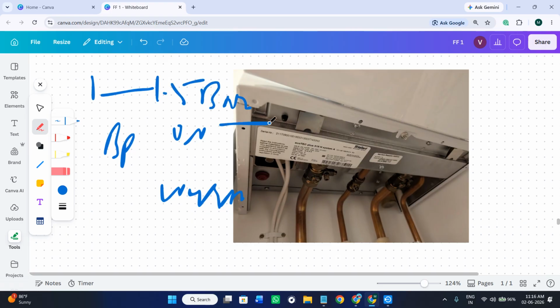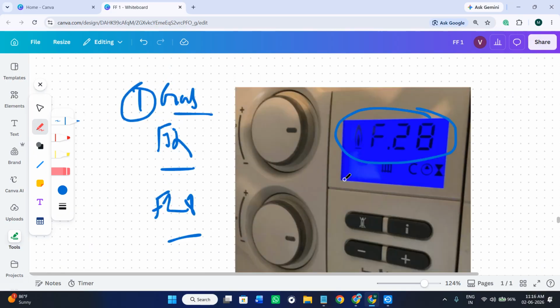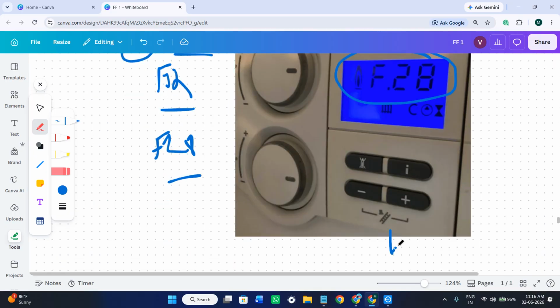So once you have checked these basics, you just have to simply press and hold the reset button. The reset button will be located underneath this particular icon. So you need to simply press and hold the reset button for a few seconds and allow the boiler to